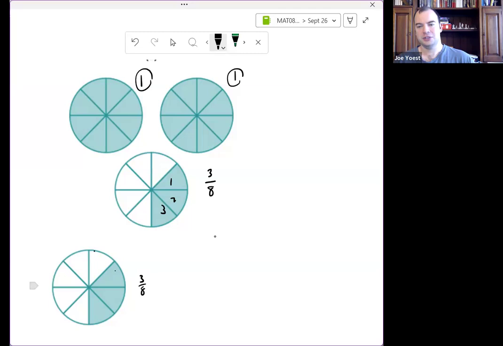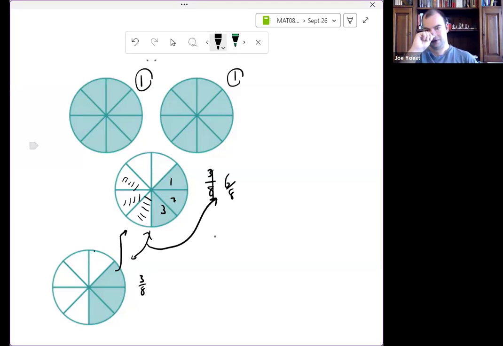So if I think of just moving these slices up here, this would shade in 1, 2, 3 more. So this would actually be a total of 6/8 combined between these two. I could just move slices to a more convenient location if I would like. There's nothing wrong with that. If I have 2 plates that each have 3 1/8 slices of pizza, I could just kind of slide them all over onto one plate and smush them together. Or I see that 1 plus 1 is 2 and 6/8.